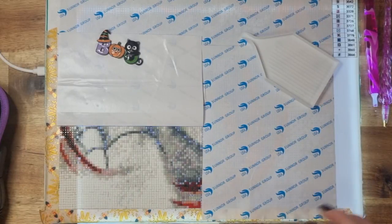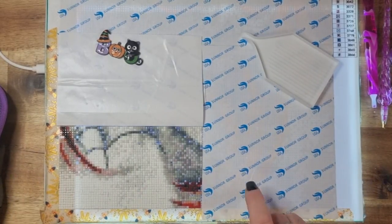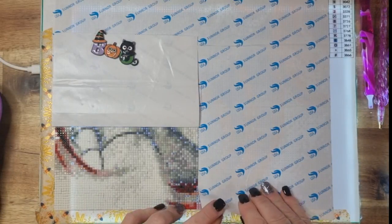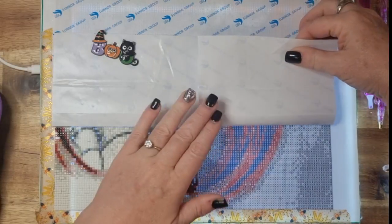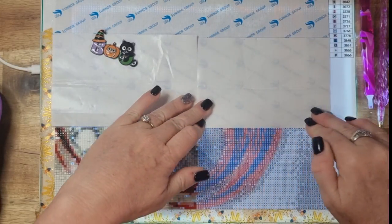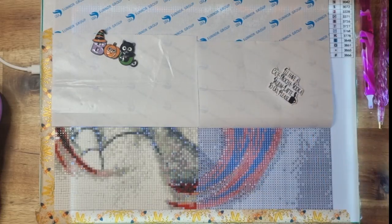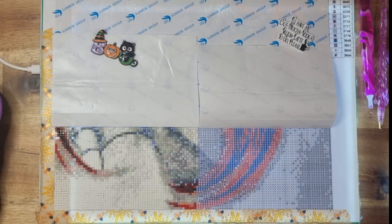And you can see here some colour is starting to come into it. Haven't had much of a chance to work on it in the last week basically. I did get some done. Alright, so we are going to be putting some diamonds down today. We are starting on a new section, so we're going to be starting to put some colour in. So you can see here we've had some grey and stuff going in. As I said, I haven't really had much of a chance to put any diamonds down, but I am freeing up a lot of my time at the moment in the evenings,